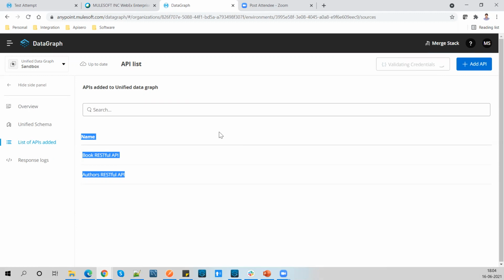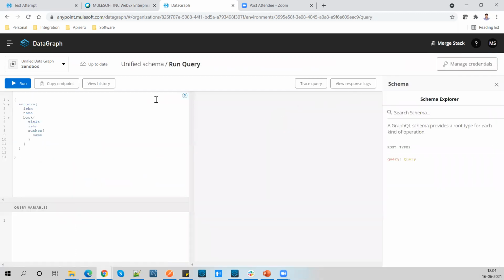Just click this, it's validating the credentials. If everything is fine, you land on this page. It shows you the last query you ran successfully. You can write your own query based on your requirements. Right now, for the demo, I just connected author with book and book with author again. So it's kind of a hierarchy, or we can say a graph.